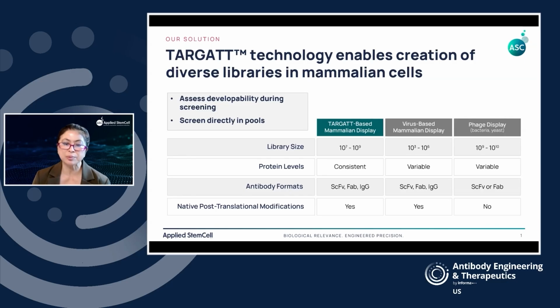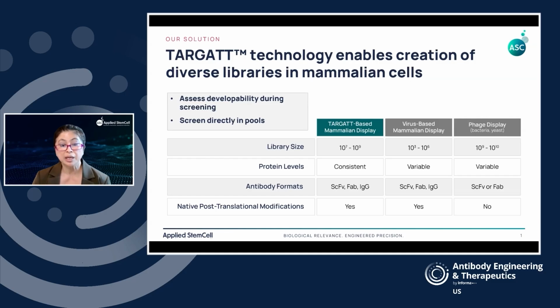If we think about why we screen in bacteria and yeast, it's because the technology hasn't been there to achieve the diversity to explore a wide range of conformation space. In bacteria and yeast, you can achieve library sizes of 10 to the ninth to 10 to the 10th. But the molecular environment of bacteria and yeast is very different from mammalian cells, where we want the antibodies to work. So we may miss leads that would have worked in mammalian cells or get false positives that would never